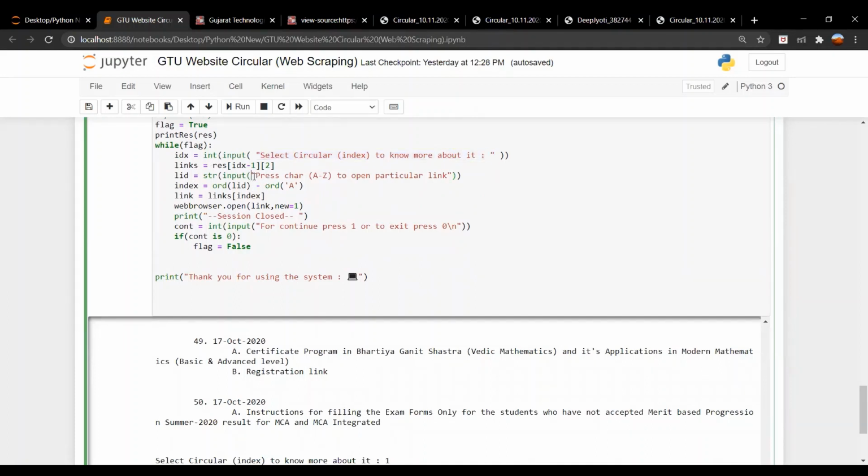Then the user has to press a character from A to Z. We have already discussed that the circulars are in the form of options, that means A and B. If the user presses A, then the option A circular will be opened, and this will be performed by the line webbrowser.open link, new equals 1. And if the user wants to close this session, then the user has to press 0, and if they want to continue they have to press 1.